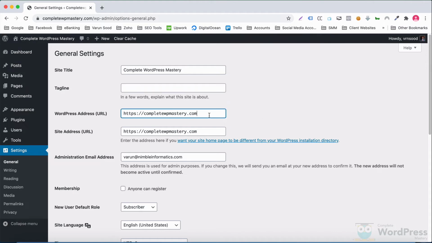The next two fields, WordPress address and site address, are extremely important. Technically, you can have different URLs in these fields depending on your requirements. However, since you are just starting out, there is no need to make things overly complex. Let us stick to the basics and use the same URL in both these fields.